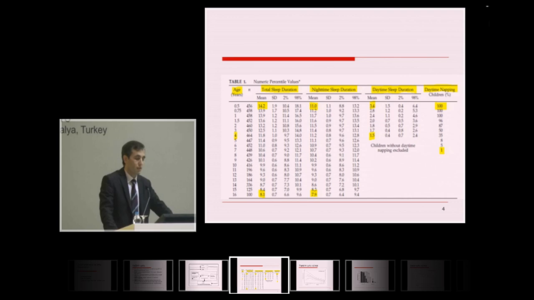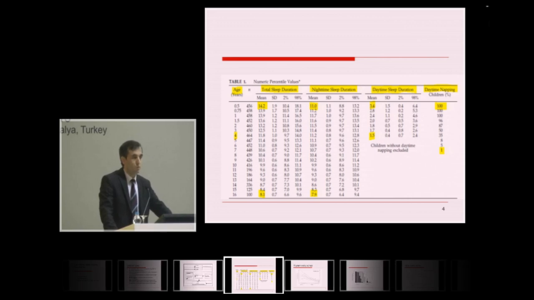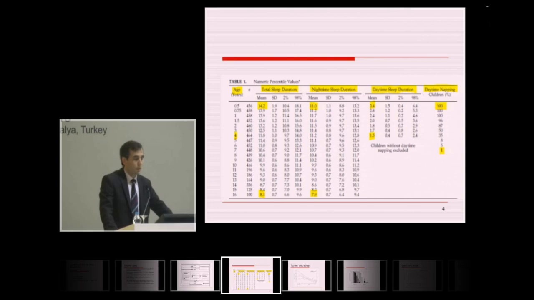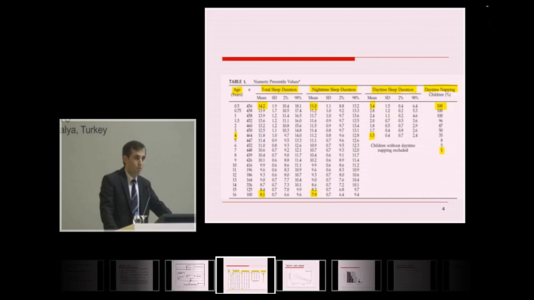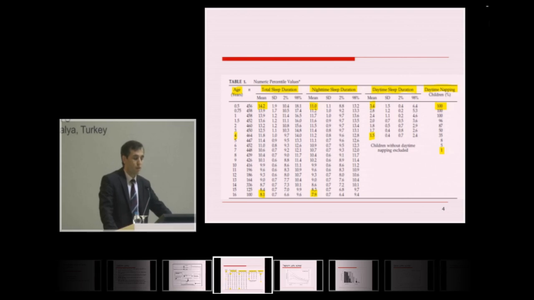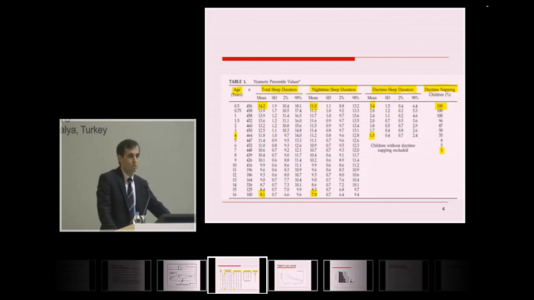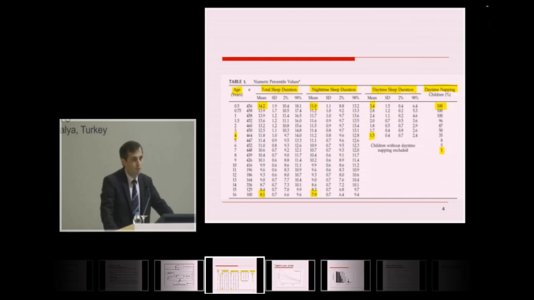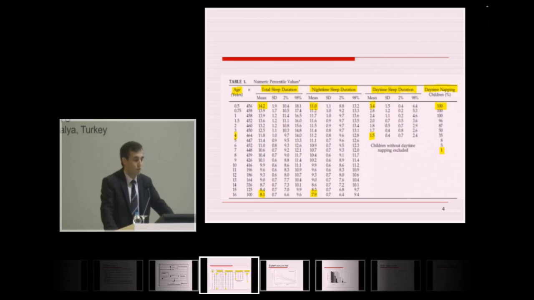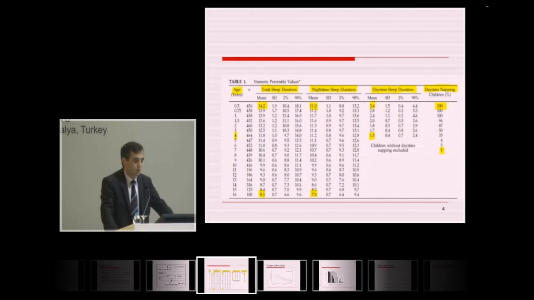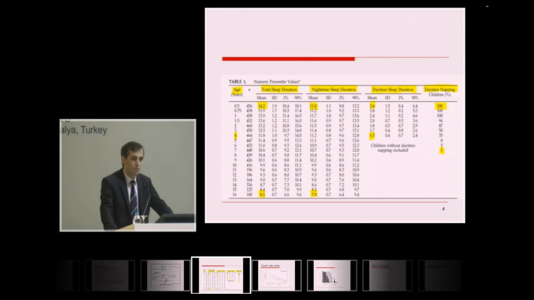I will be talking about the differences in sleep patterns by age from 0 to 5 months until 10 years of age, and there are decreases in sleep duration. A 5-month-old child sleeps for 14 hours on average, and the nocturnal sleep is lesser, but the sleep occurs during the daytime. When they reach 2 years of age, there is no daytime sleep, and at the age of 4 to 5, again no daytime sleep, and nighttime sleep takes place, and